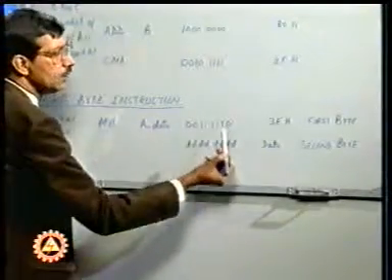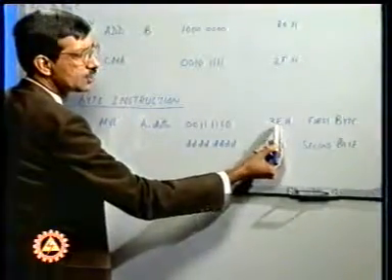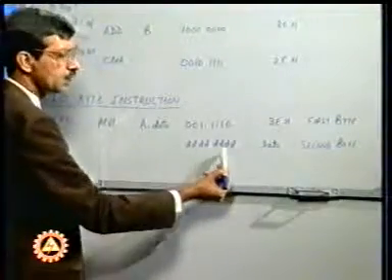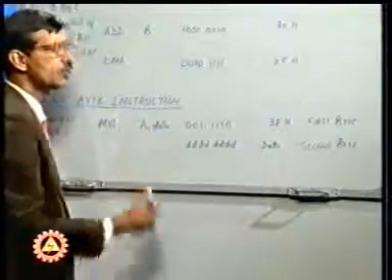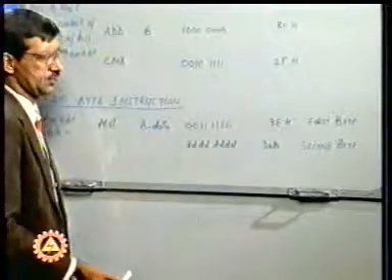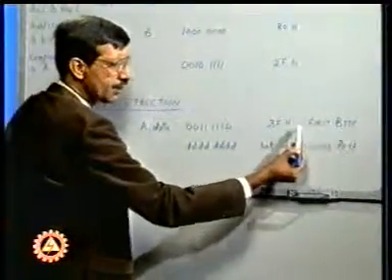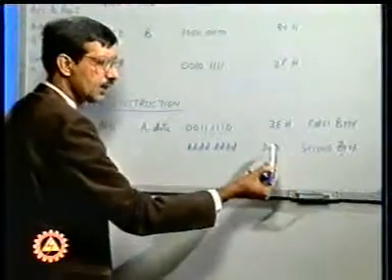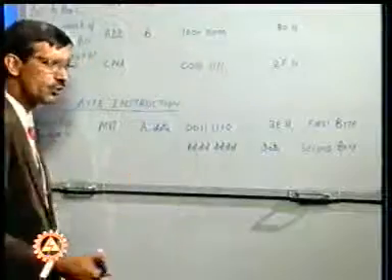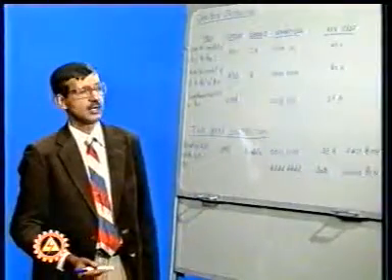Corresponding to the opcode, the hexadecimal equivalent is 3EH, and corresponding to the data has been written here DD, which can be replaced by the actual data in the hexadecimal fashion. So you can see here the first byte in a 2-byte instruction would always correspond to the opcode, and the second byte in the 2-byte instruction will always correspond to the data in the instruction.